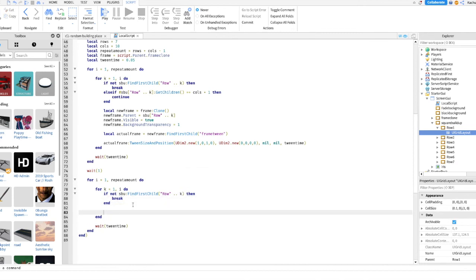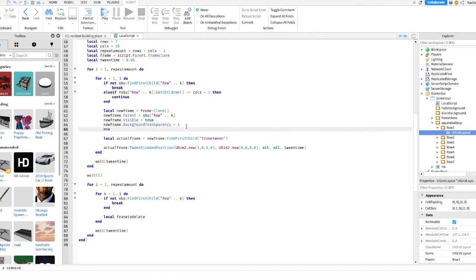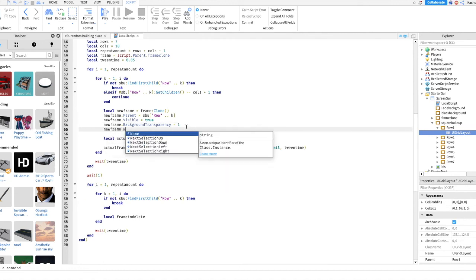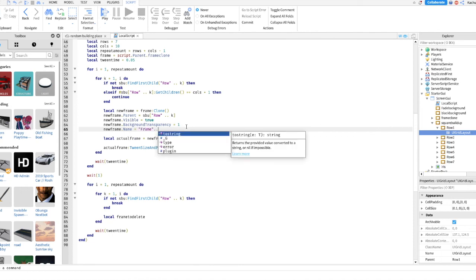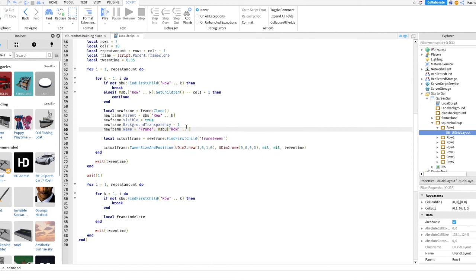So now we have to identify the frame that we want to delete. So frame to delete, and we need a way to classify each frame so we know which frame to delete. We can do that by giving it a name. So new frame dot name equals frame hashtag SVU row K get children